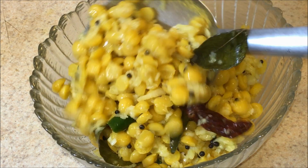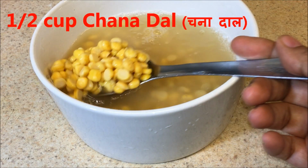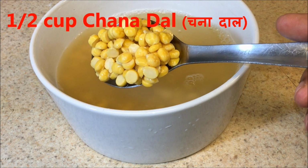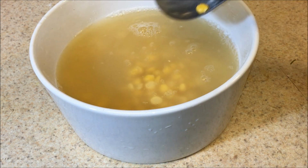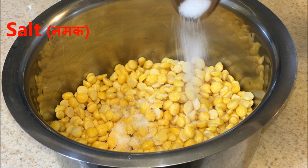So for this I have cleaned split chickpeas, chana dal, and soaked them in water for 1 hour. Soaking lentils is a healthy way of cooking. It doesn't produce much gas after eating it. So soak it for 1 hour after rinsing it 2-3 times, and then we are going to boil it in